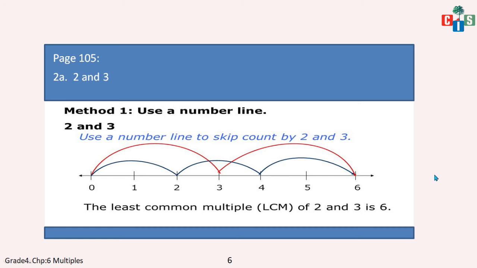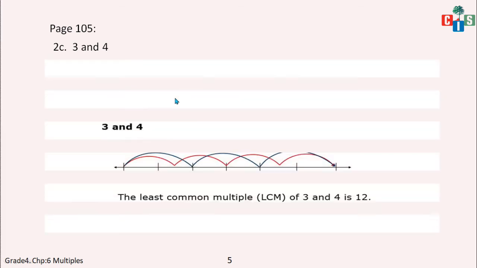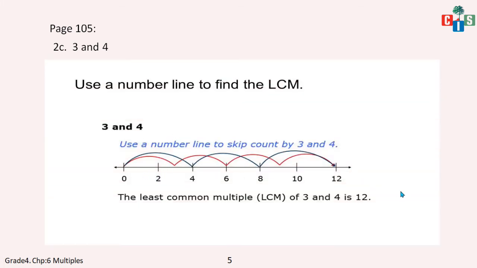Okay, fine. Let's have the other example which I have taken from page 105, the same page, and it is 2c, and you have to find the common multiple of 3 and 4, and that too by using the number line. Now students, this number line is a tricky one. See, 1 is not written, 3 is not written, 5 is not written, 7 is not written, 9 is not written and 11 is not written. Okay, so I have made a number line wherein you have to make the frog jump at the gap of 3 and at the gap of 4 and see where the frog is jumping commonly.